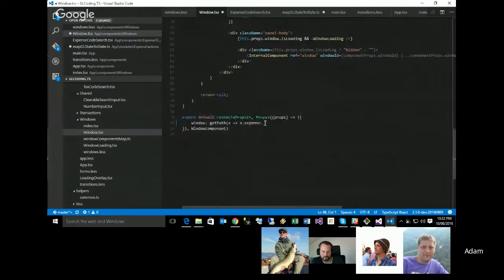but I say just give it an expense. It goes, no, don't like that either. So I have to give that a window. So for that, I need to go to